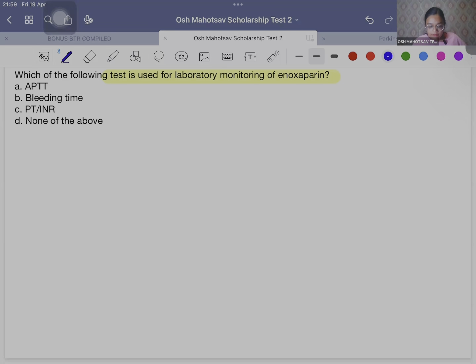Why would we use APTT for enoxaparin? For this question, the answer is none, because enoxaparin is our low molecular weight heparin, so we are not monitoring. Okay, for bleeding, this PT or INR, this prothrombin time and INR, we are using this for our